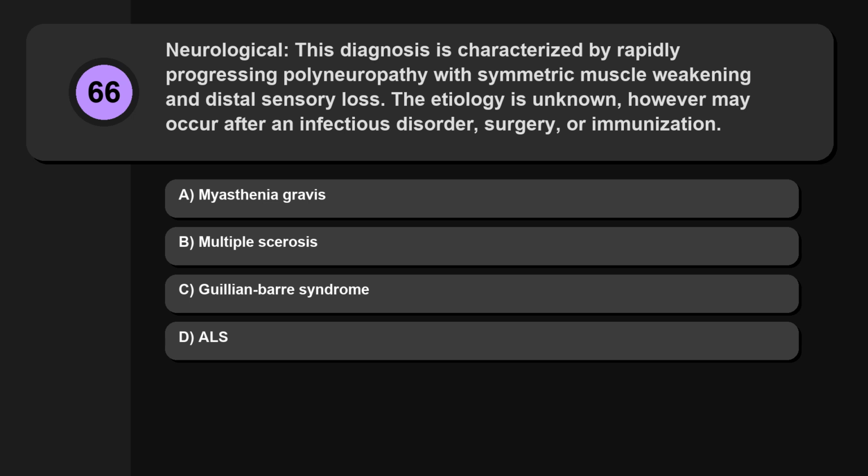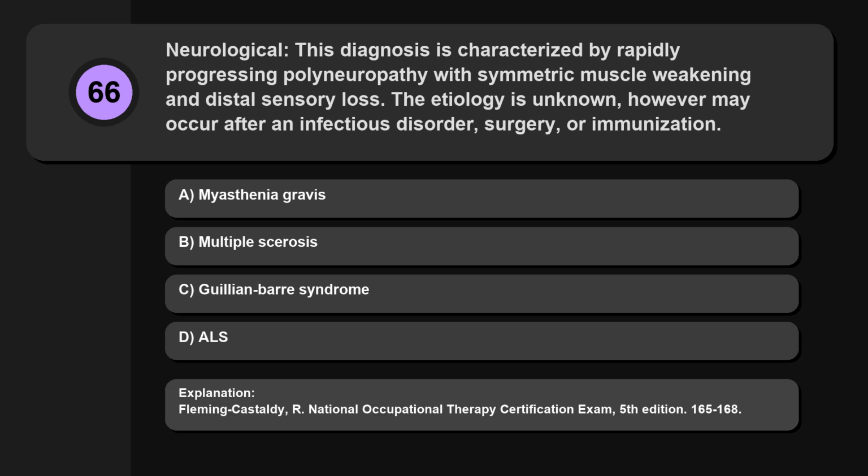Question 66. Neurological. This diagnosis is characterized by rapidly progressing polyneuropathy with symmetric muscle weakening and distal sensory loss. The etiology is unknown, however may occur after an infectious disorder, surgery, or immunization. Option A, myasthenia gravis. Option B, multiple sclerosis. Option C, Guillain-Barré syndrome. Option D, ALS. The correct answer is option Nan. Fleming-Castaldi, R. National Occupational Therapy Certification Exam, 5th edition,